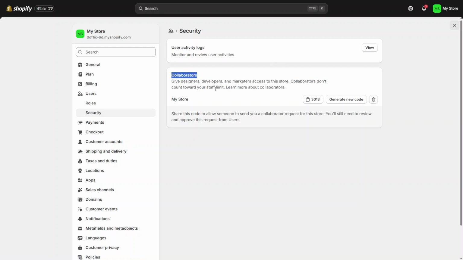In this Collaborator section, scroll if needed until you see your store's name. At the bottom of that section, next to your store name, you'll find your Collaborator code. It's a 4-digit number displayed to the right. This is the code you share with someone who needs Collaborator access. To make things easier, Shopify lets you copy this code directly. Simply click on the 4-digit number and it will be copied to your clipboard. From there, you can paste it into an email, a chat message, or wherever you're communicating with the person or